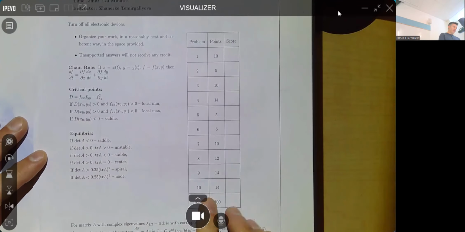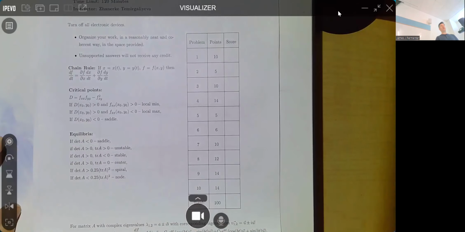And then she's giving you all the conditions. Not the way I would have written them personally, but she's giving you a way of determining if you have all the things in your graphic, right? Spirals, nodes, stable, unstable, saddles. Now, if it were me personally,